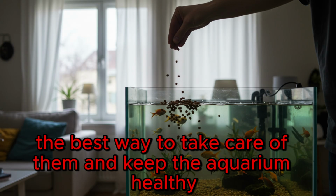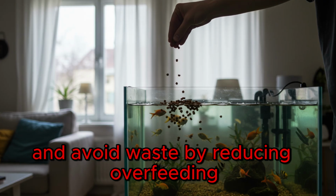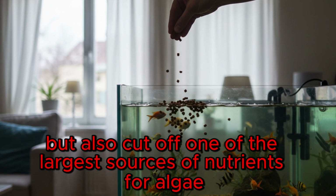The best way to take care of them and keep the aquarium healthy is to control the quantity and avoid waste. By reducing overfeeding, you not only protect fish health, but also cut off one of the largest sources of